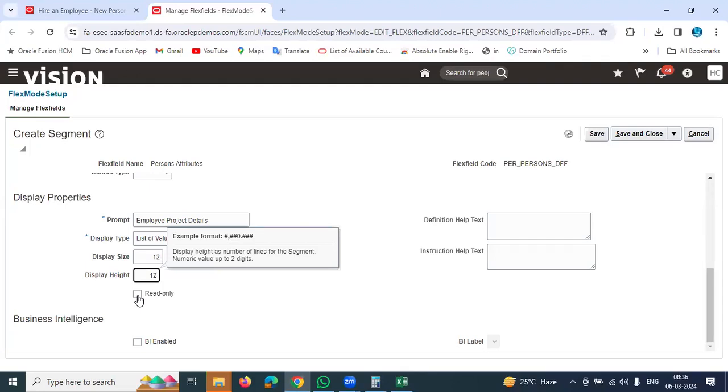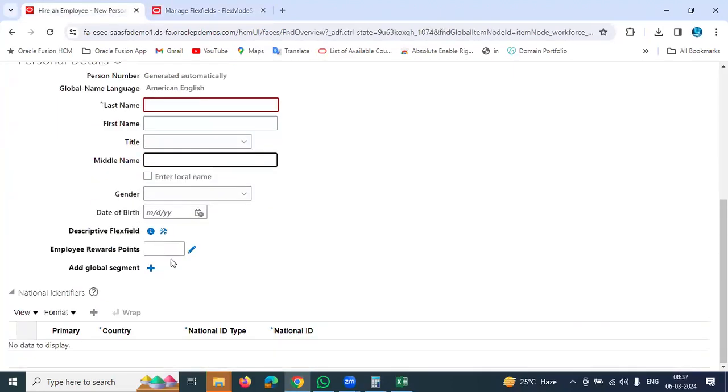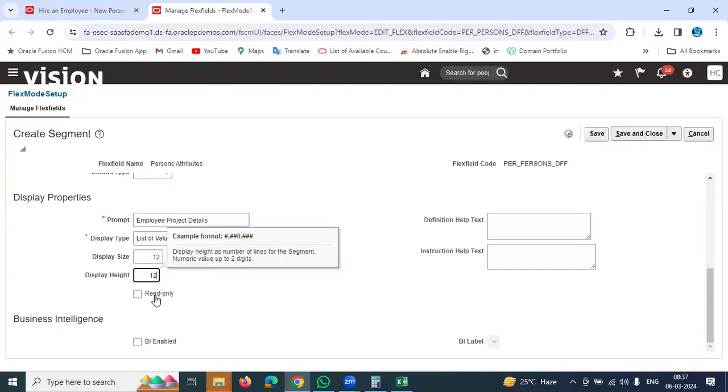Don't select read only. If you create read only, team, in the front end the field will come, but in read only mode, non-editable mode. You can't input any data in that. So don't select this one, team. And then